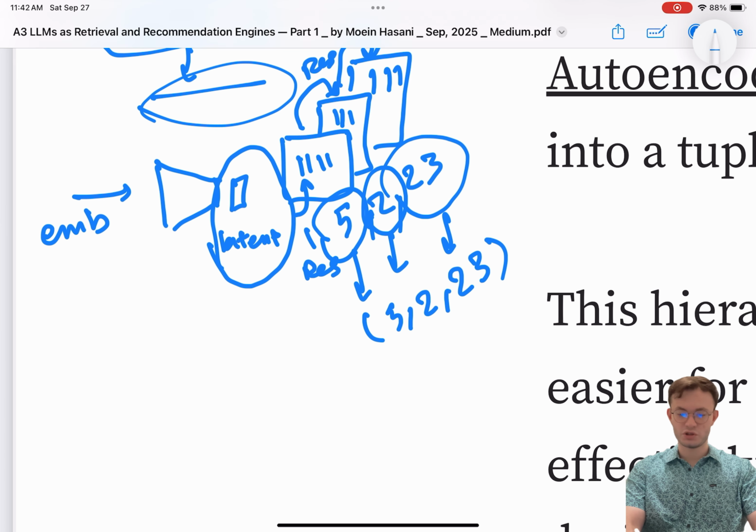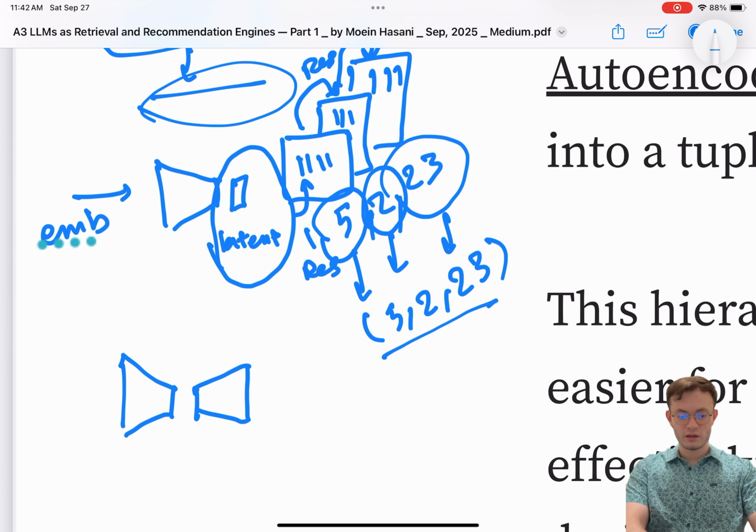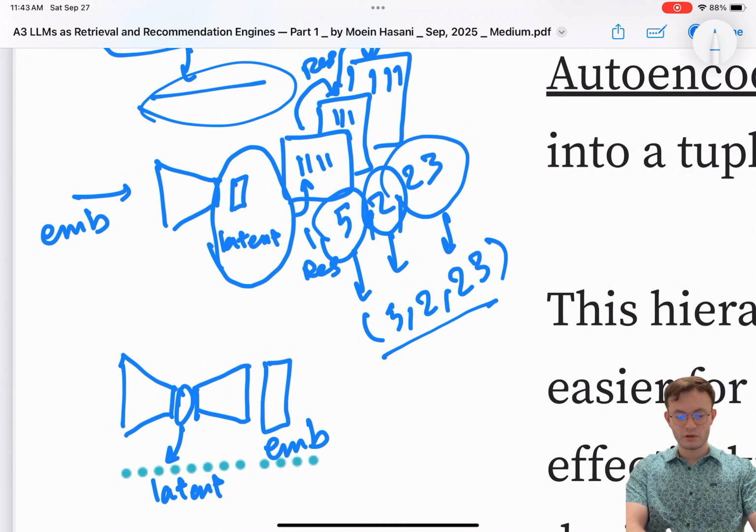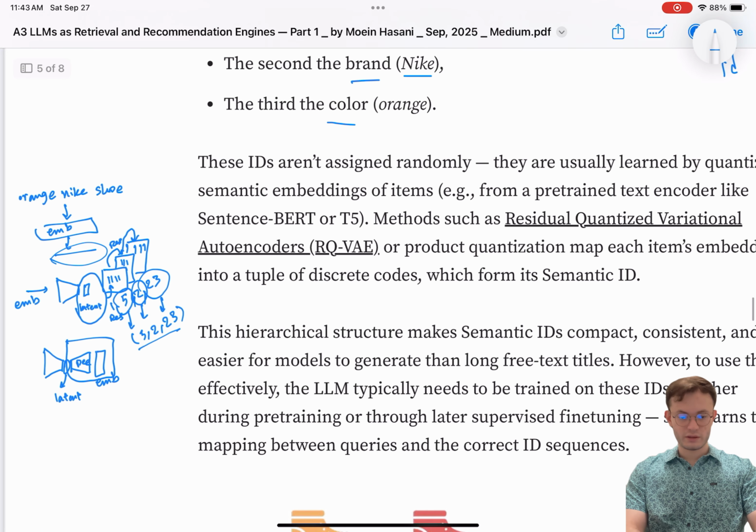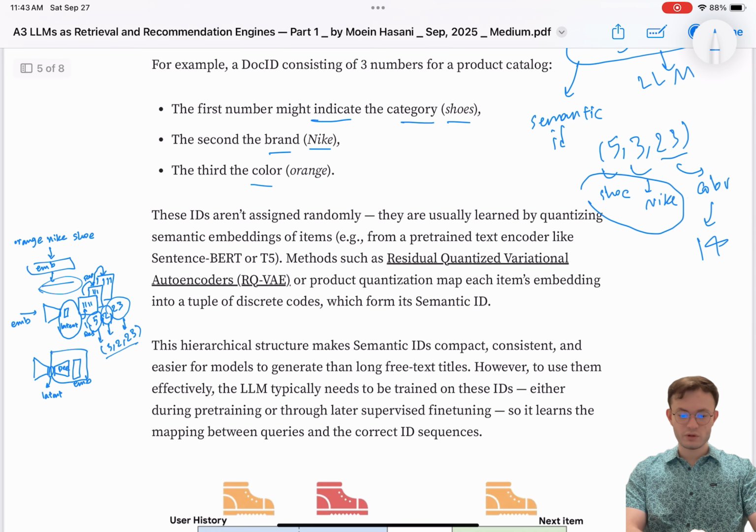And when you build such an index, you're still building a variational autoencoder, right? So you still have a decoding part that will try to rebuild the embedding based on the latent vector that you had. But during inference time, when we want to use the RQVAE to create the semantic IDs, you don't need the decoder part. Anyways, back to here, I just wanted to give you a quick overview of how that works.